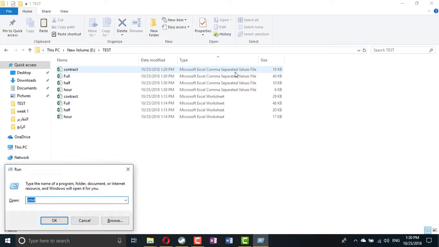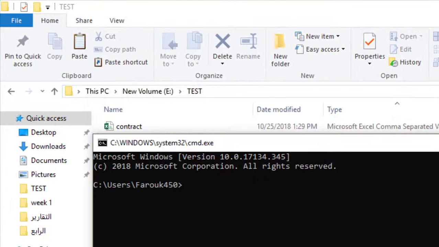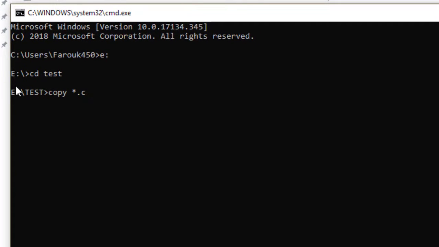I will open the CMD using Windows with R, open command line. My folder is in the E partition, so I'm going to switch the cursor to E using E colon. All the files are in a test folder, so I use CD for change directory with the directory name, which is test. Now all I need is to copy any file with CSV to a new file with a new name,